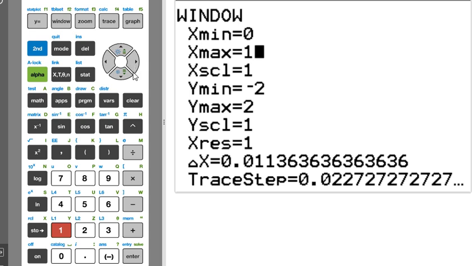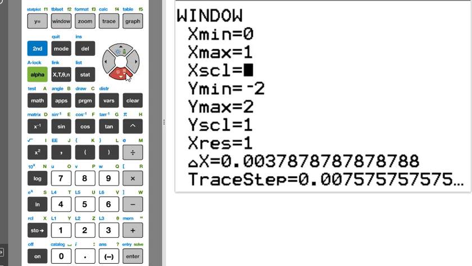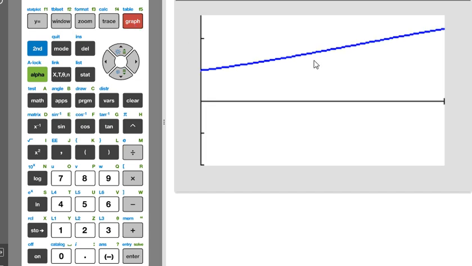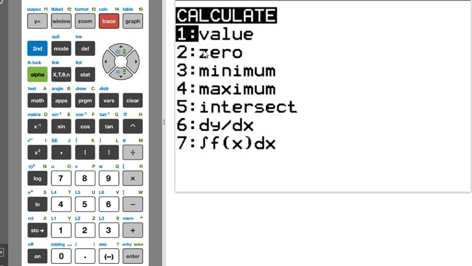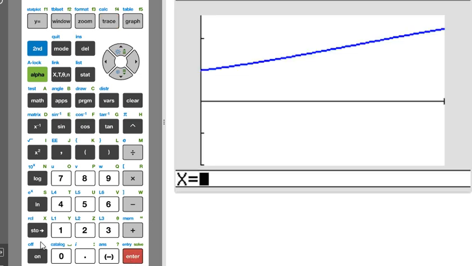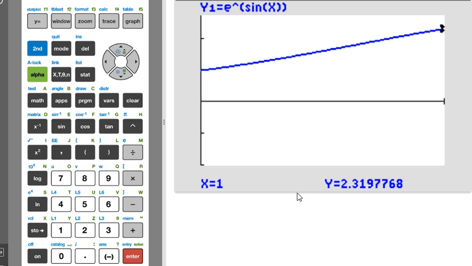And I know that the maximum possible value of this in the y direction is e to the 1. So I'm going to actually just type that in there. Okay, and then I'm going to do it. There we go. The maximum value happens at e to the sine of 1. Okay, so I might even just calculate the value of this function at x equals 1. And it'll say